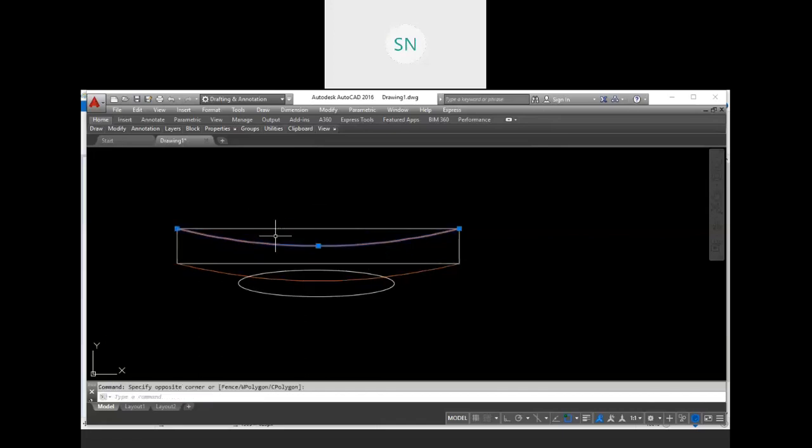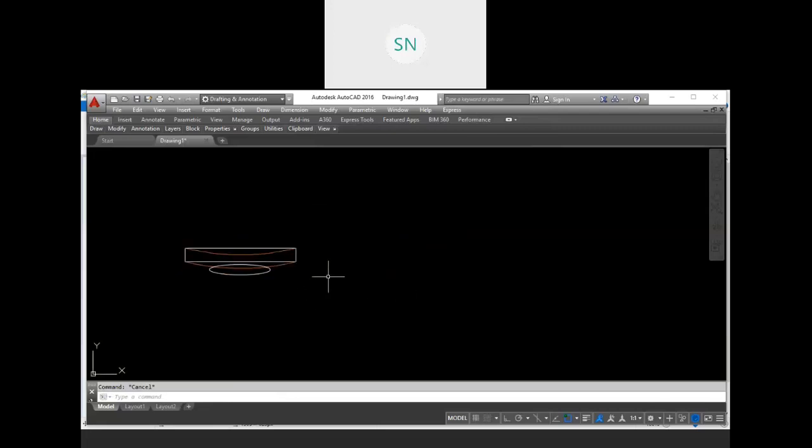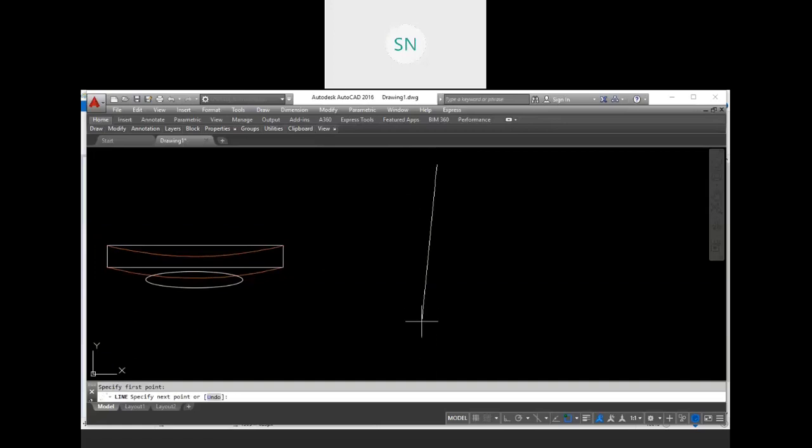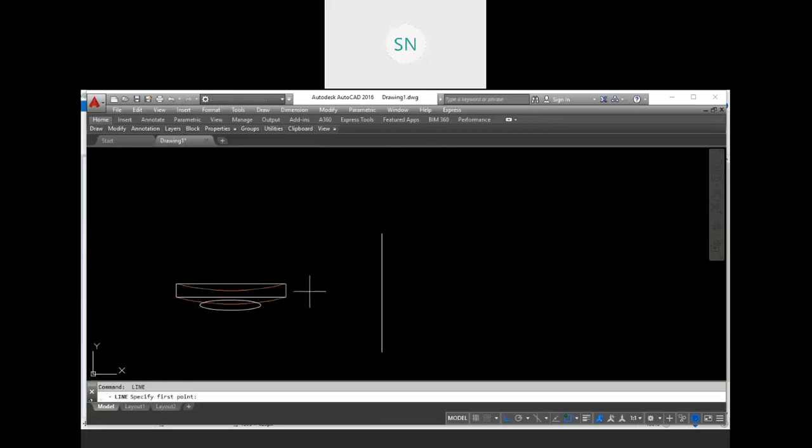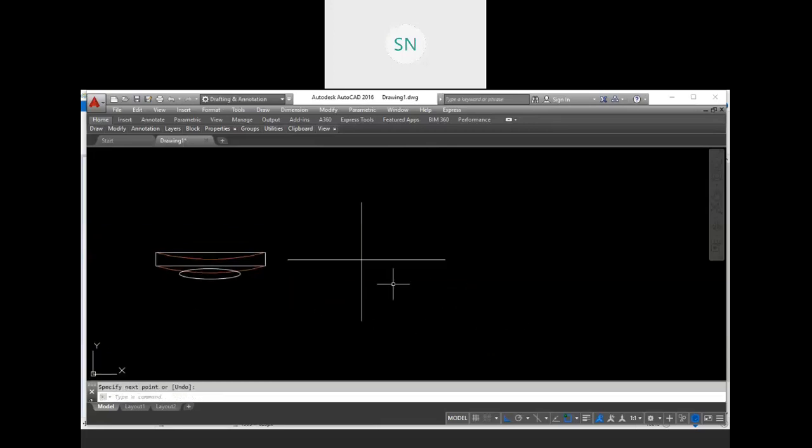Now for the properties of concrete and steel, let's say we have positive x and y and also negative x and y.